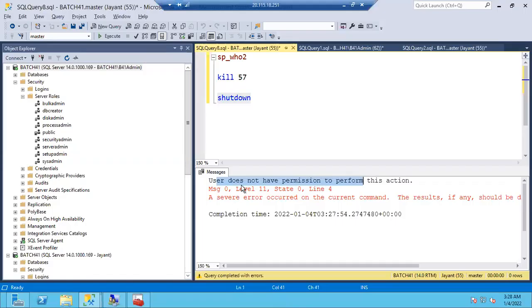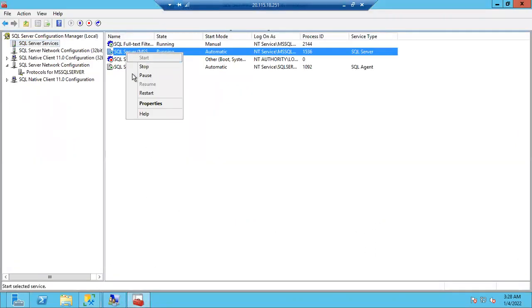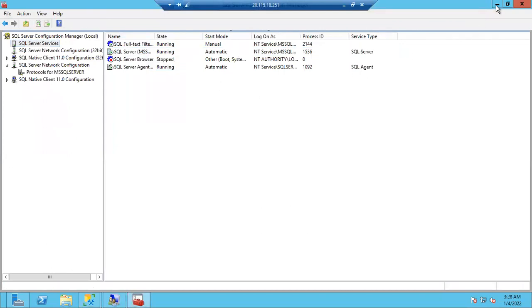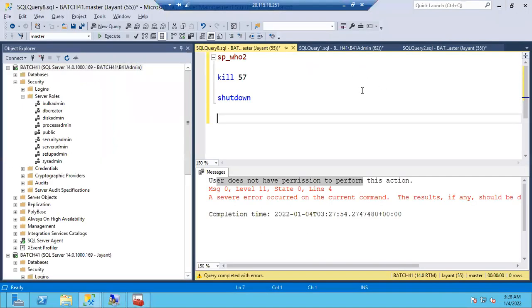Okay, so if there is a query, imagine where you are going to run it. SQL server should be up and running. See, shutdown I can run. Why? Because it's already up and running. Imagine there is a start query. But where are you going to run this query? First of all, SQL server should be up and running to run the query. If SQL server itself is stopped, where can you open the session? You cannot open sessions if the SQL server is in stopped state. So there is no query to start. You can manually start it. Right click, you can start the service from configuration manager or restart it, or go to services.msc, go to your particular SQL service, right click, start or restart the service.